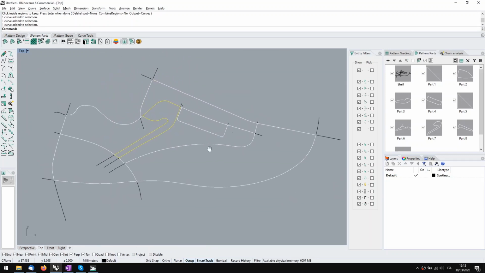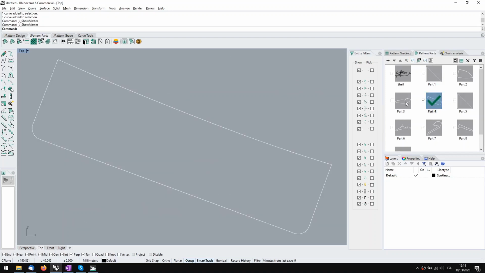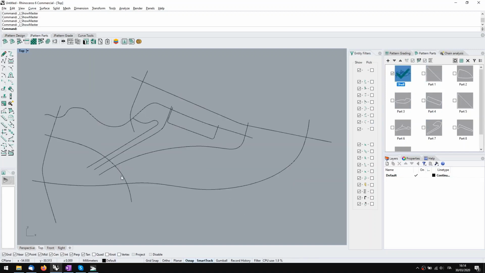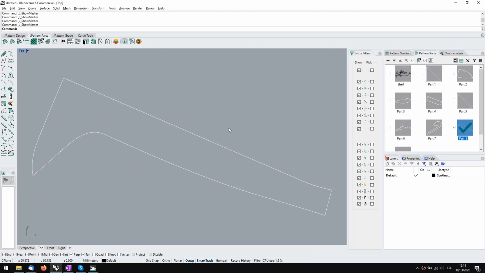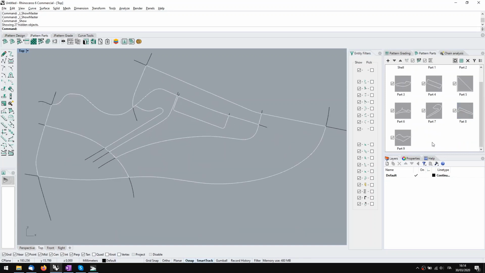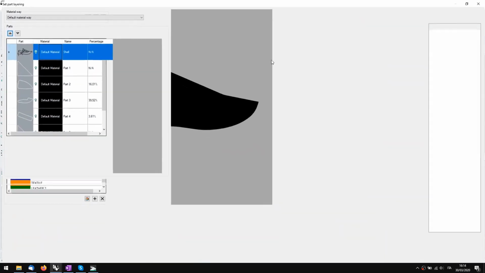All these parts are already created, and a part is created as well. So you can see all the parts like this. This is the shell, and then I'll show everything. And this is what we need. From now, we can actually open the layering tool, and we'll see that we'll have all the parts